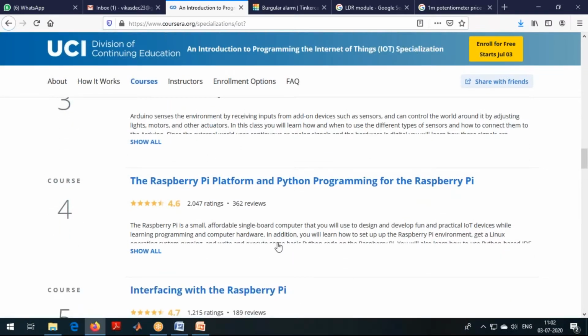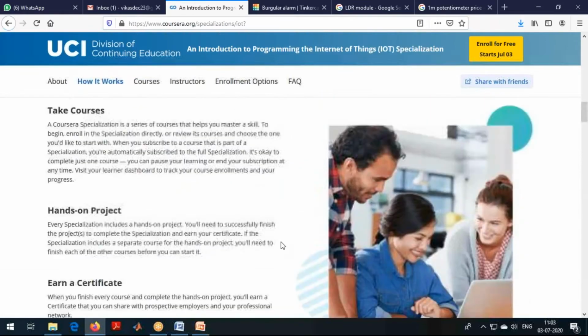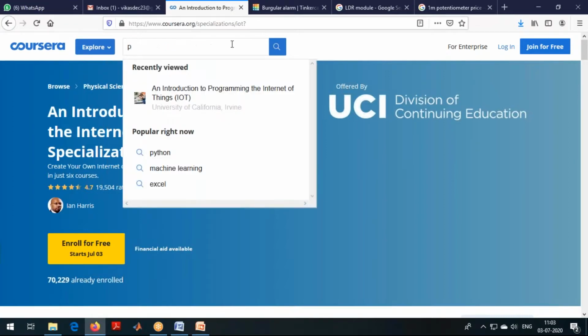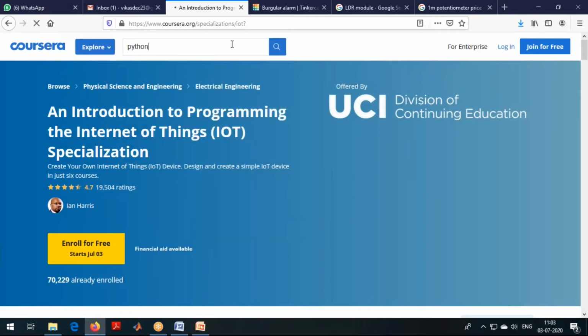It also discusses a little bit about Python. But if your school is not able to get free access, you can try the payment option. Per month they'll charge something like 3,000. We do have Python courses here. You can search Python.